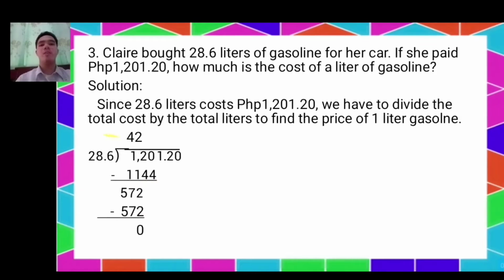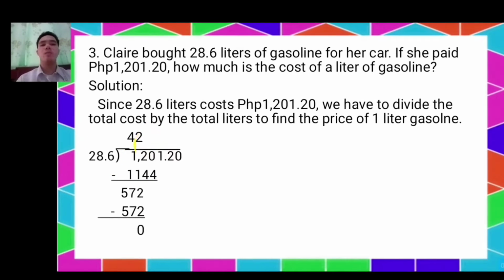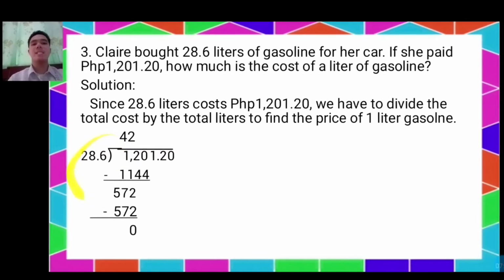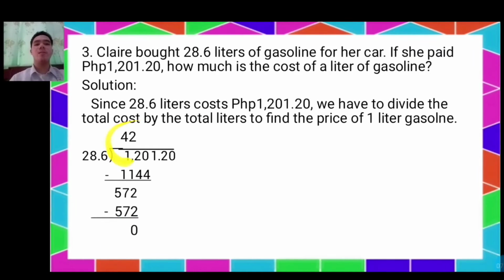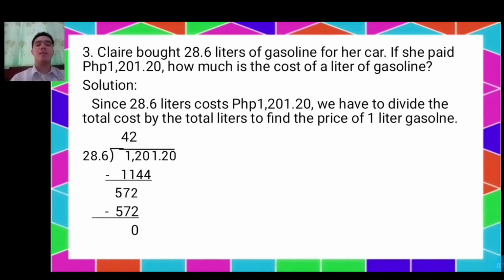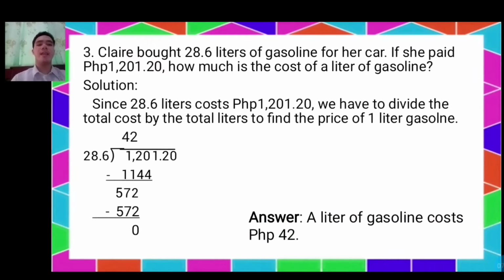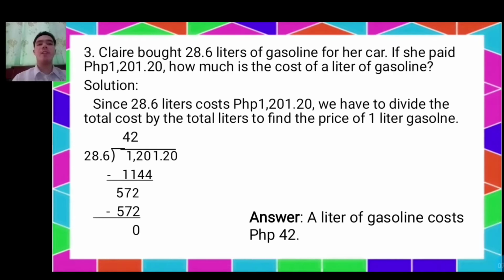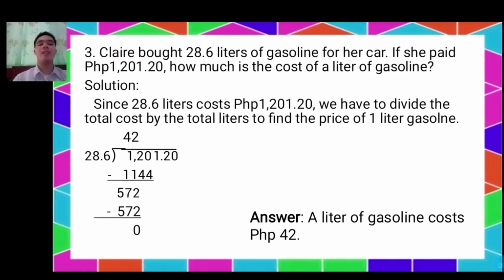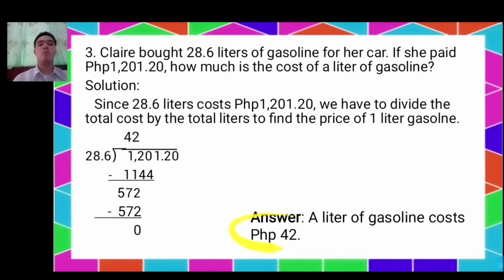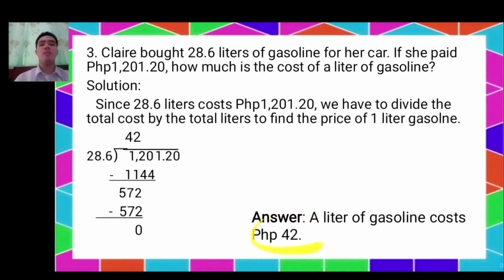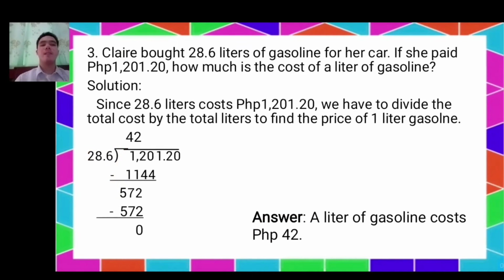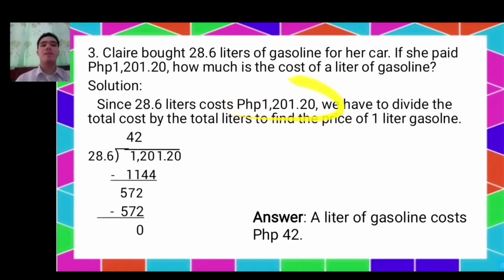572 divided by 286, that is 2. 2 times 286 is 572. When we subtract them, we have 0. Okay? So, our answer will be 42. Now, the final answer or conclusion will be: a liter of gasoline costs 42 pesos. So, try to multiply 42 times 28.6. Okay? The total cost will be